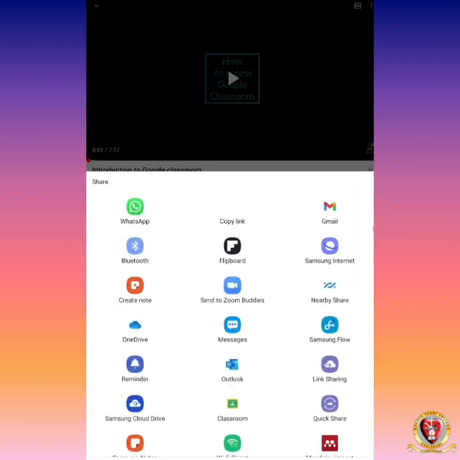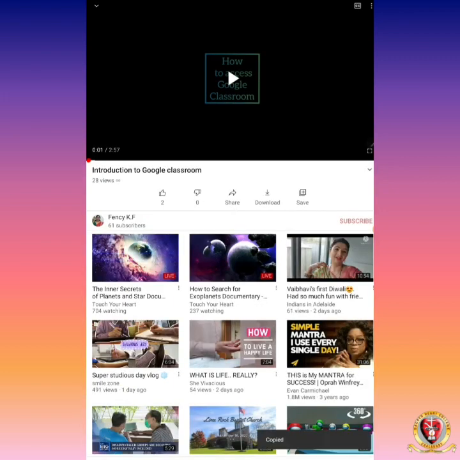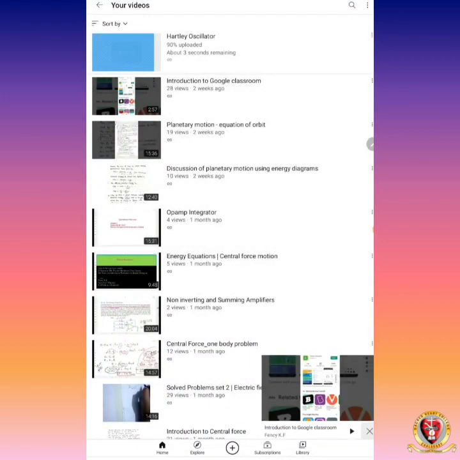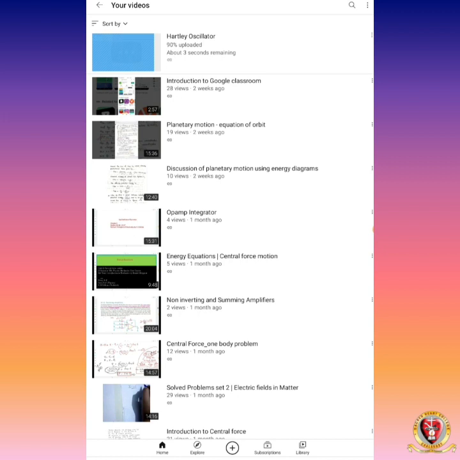You can copy the link, and you can share this to Google Classroom. So this is the method of uploading a video to a YouTube channel. You can delete this video also. With the right button, you can delete the uploaded option. You can edit it. You can make it a playlist. Whatever we want, we can do. Okay. So this is all about video uploading using the screen recorded video.